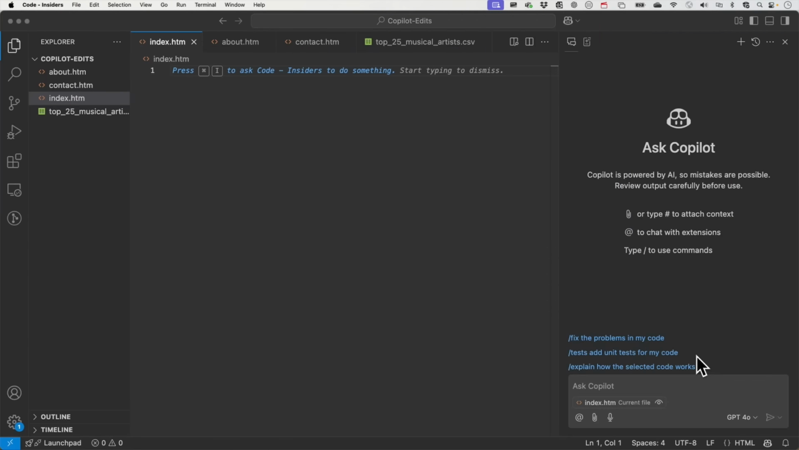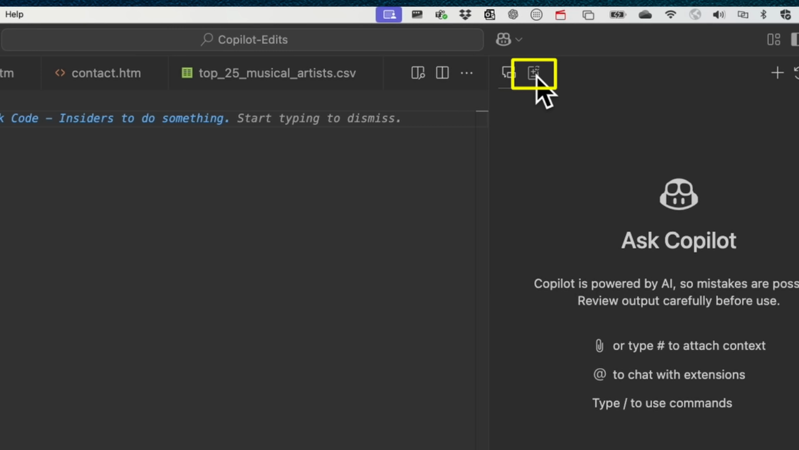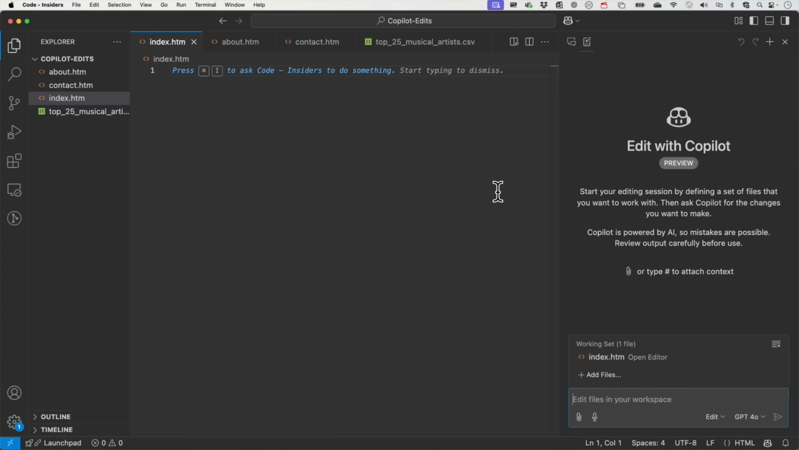The next thing that I'd like to show you is a pretty important feature that's going to be continuing to evolve, which is called Copilot Edits, which you go and click on the second icon here towards the top of the chat window. And what Copilot Edits allows you to do is to propose code changes across multiple files in your